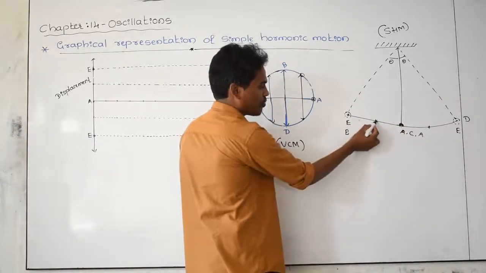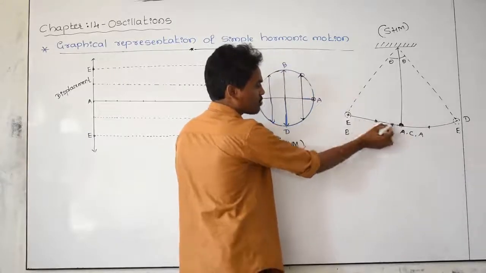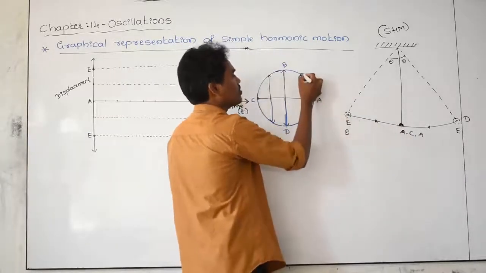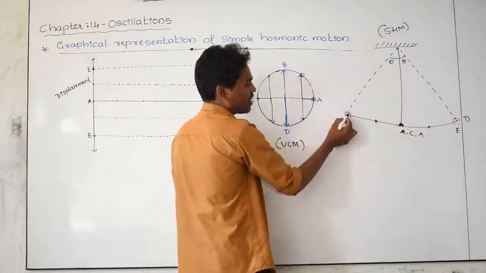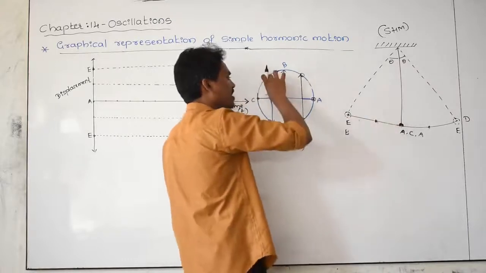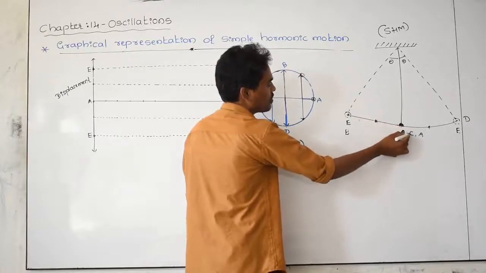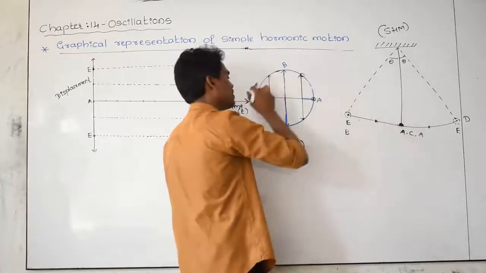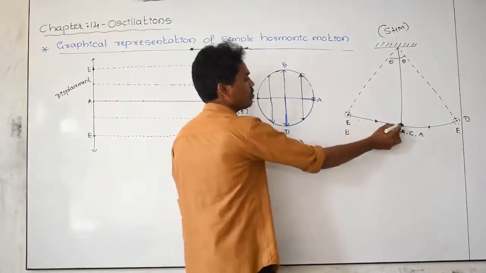Now the body is moving from here to here, meaning A to B, this is the displacement. Then it is moving from here to here, then this is the displacement. Again it is coming back to this point, again this is the displacement I am indicating here. Again it is going back to C point, again I am taking it as a C point, then this is the displacement. Again displacement is 0.